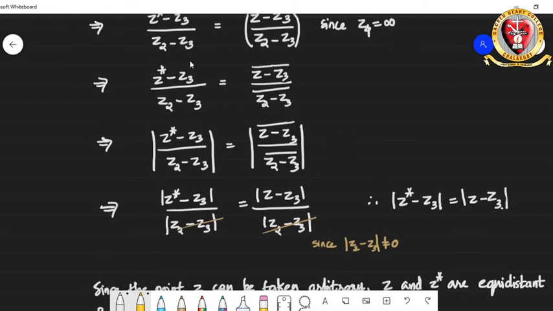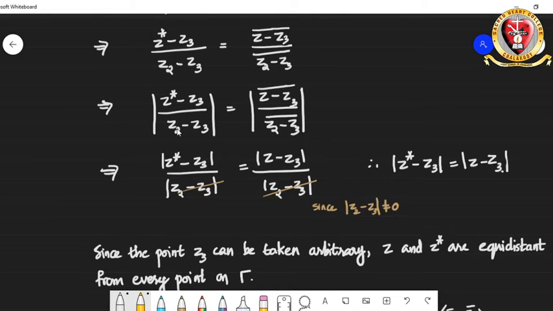Since both of them are equal, their modulus will also be equal. And we know that modulus of z is equal to modulus of z bar, right? So instead of modulus of Z2 minus Z3 the whole bar, that is equal to modulus of Z2 minus Z3. So we can cancel out both of them